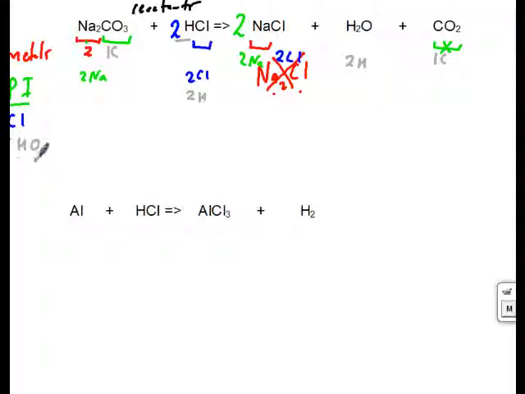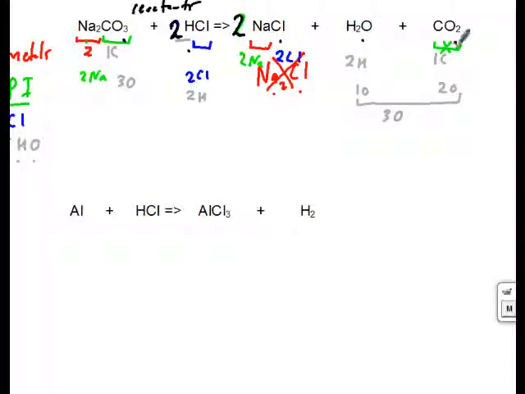The last thing is oxygen. We currently have 3 oxygens here. We have 1 oxygen here. We have 2 oxygens here, so our oxygens are balanced as well. So all we need to do to balance this equation was add a 2 in front of the HCl and a 2 in front of the sodium chloride, which tells us that 1 unit of sodium carbonate reacts with 2 units of hydrochloric acid to produce 2 units of sodium chloride, 1 unit of water, and 1 unit of carbon